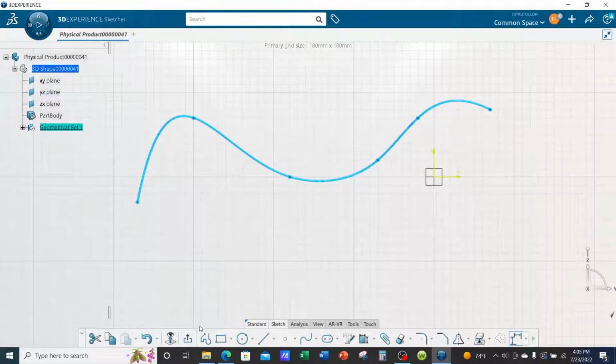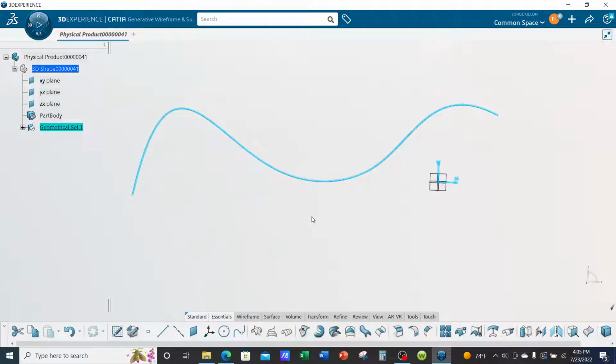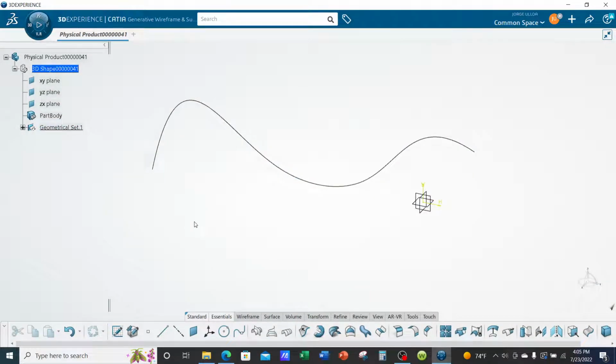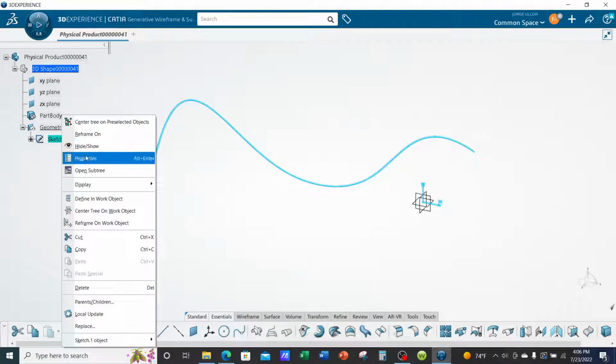Okay, I'm going to go ahead and exit. Click on space to deselect. And you can see that I have my sketch of the spline in the geoset. I'm going to go ahead and give this color. So I'm going to right click on Sketch 1, Properties,